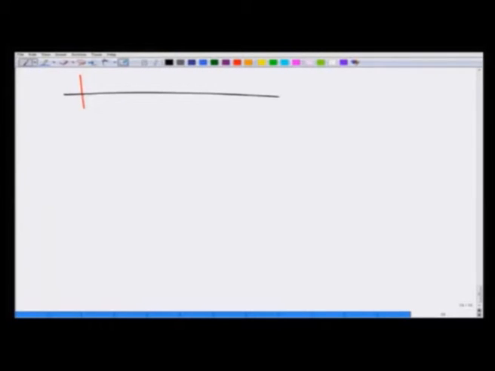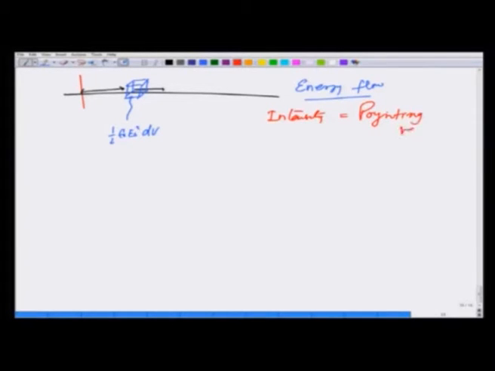So, this wave, let us again take it as if it is propagating in x direction. If I take a small box here of unit volume or small volume dV, then energy content in this is going to be 1/2 epsilon 0 E 0 square dV. How about the energy flow, which is related to intensity, which is related to Poynting vector. The Poynting vector